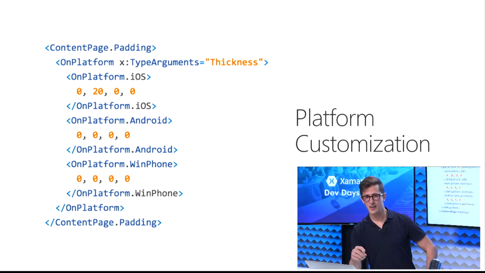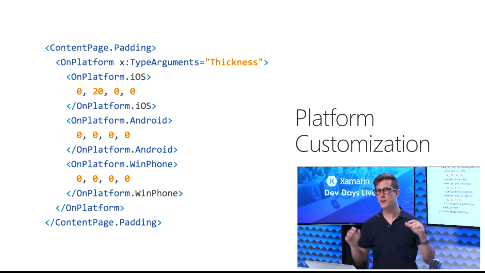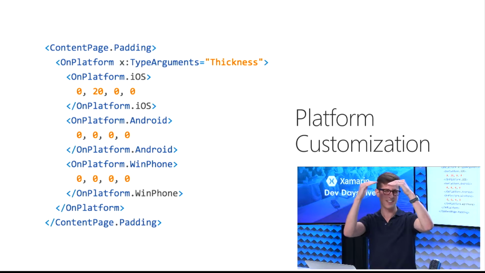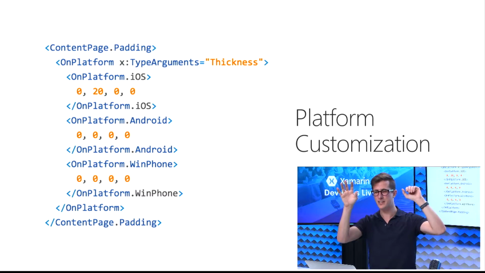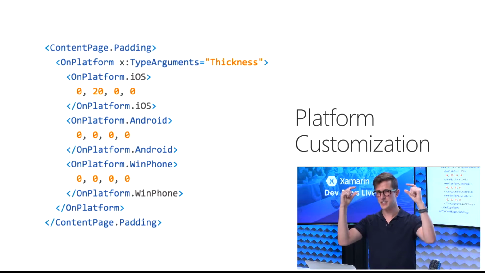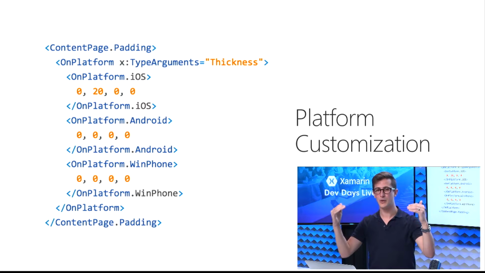So let's say on iOS, we want to add some padding to the top of our app, because if anybody's worked with iOS, you know that the top is your status bar, and that's where it shows the time, maybe the battery, the signal level, and all that's great, but we don't want to cover that up with our app. And so since that's 20 pixels high, we're going to add 20 pixel padding just to the iOS app,